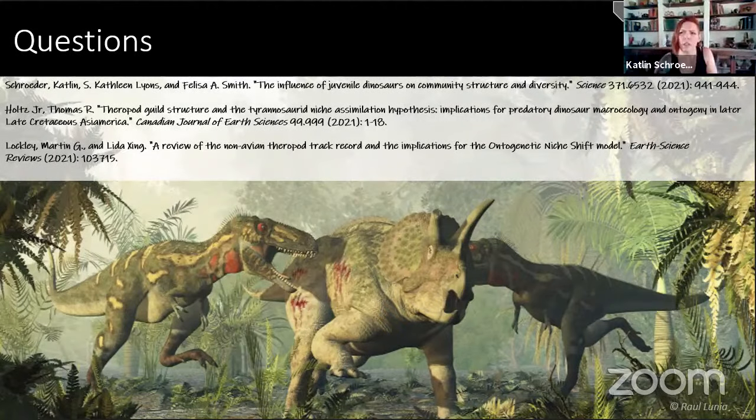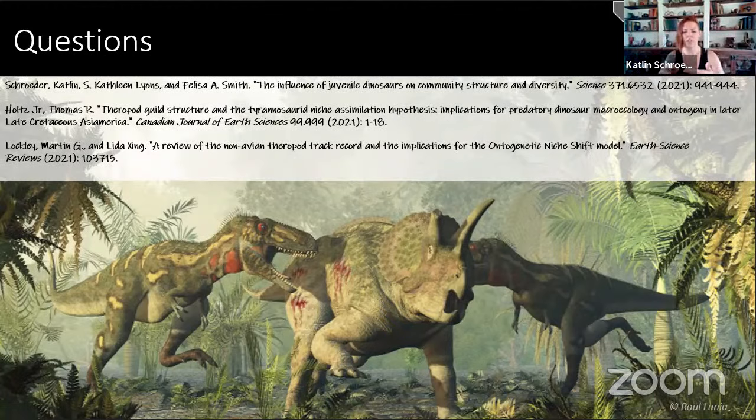Okay, I'm not clear on, so we do see ontogenetic niche shift in animals of similar size. We wouldn't necessarily expect to see ontogenetic niche shift in small species because the small species are starting out relatively similar in size as infants as they are as adults, right? So ontogenetic niche shift really applies to animals that are born small and grow to giant size. It's not necessarily a difference between species to species.